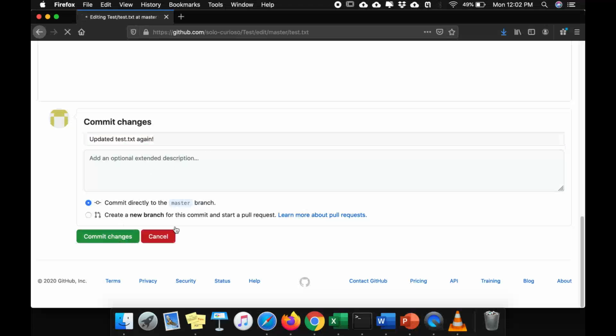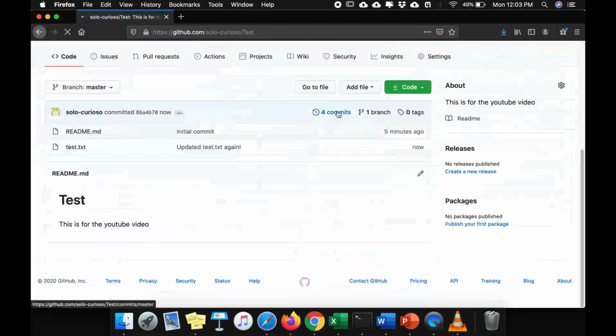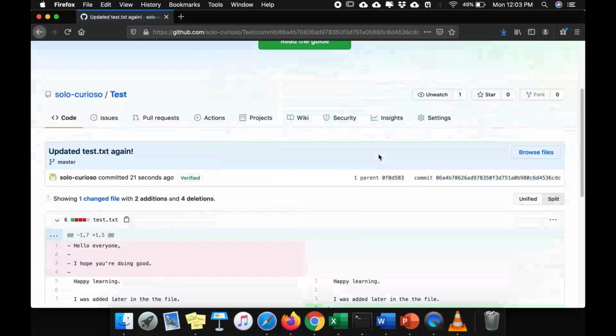Again, let's commit these changes. Again, you can see there are 4 commits, that is, a commit is increased. Now update test.txt again. This is the commit that we are seeing. Now let me show you the changes.